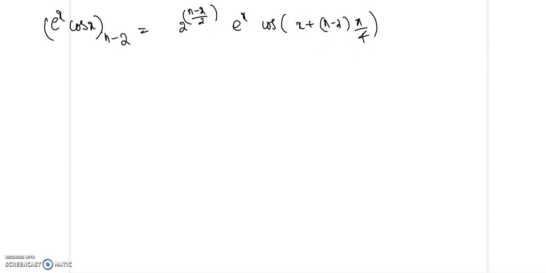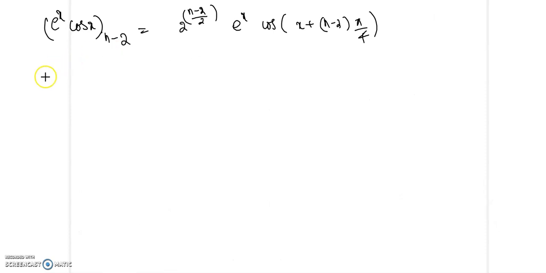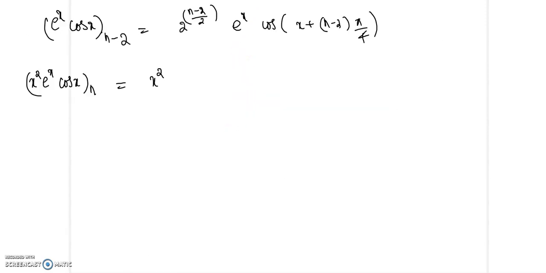Now let us substitute the values. So therefore x square e raised to x cos x n will be equal to x square into the nth derivative, so that will be 2 raised to n by 2 e raised to x cos x plus n pi by 4, plus